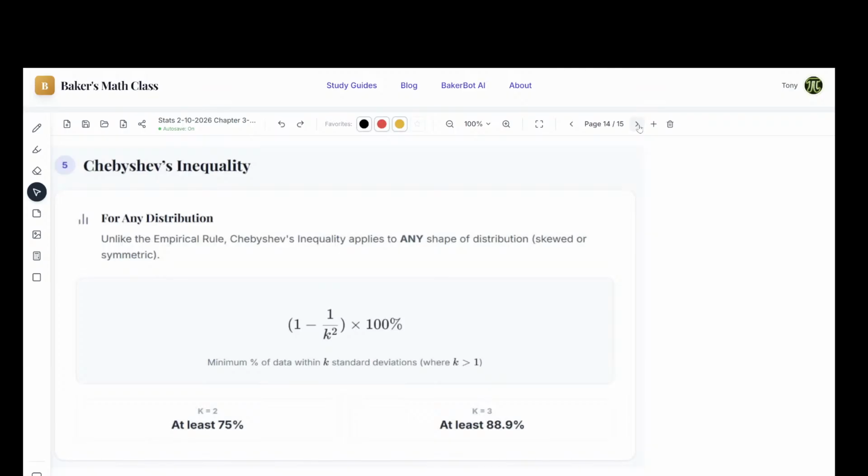Because believe it or not, the empirical rule actually uses calculus to calculate the actual area under the curve. So because we have that formula to create the curve, we can do that. Chebyshev's works for everything, so we don't have an exact value. But what we do have is we can figure out at least. So his rule says, if you plugged in 2 for this, you get 1 minus 1 over 4, which is 0.75. So you get 75%. So it says 2 standard deviations away from the mean, you'll have at least 75% of the data. 3 standard deviations, you'll have at least 88.9% of the data.